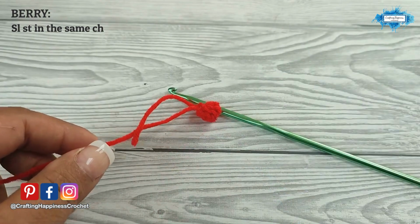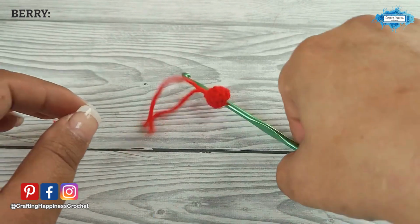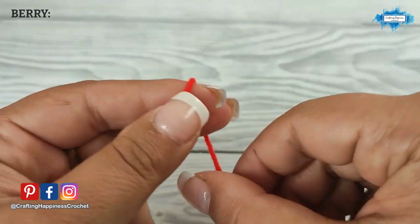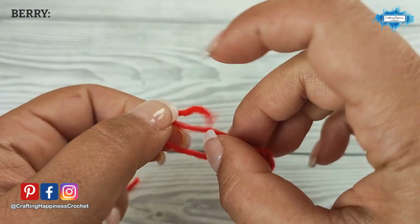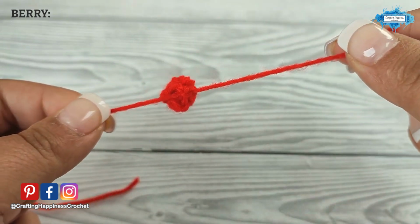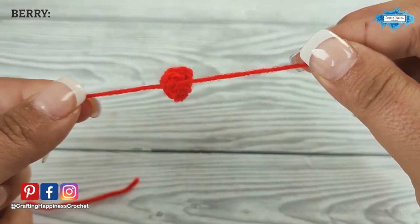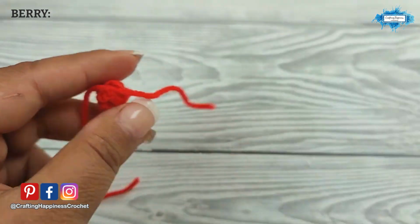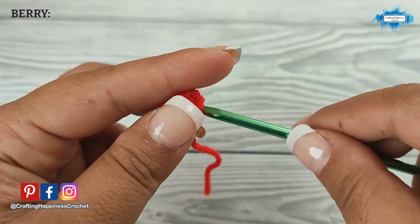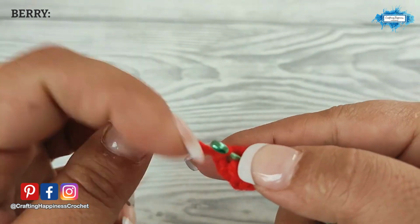And now all you have to do is cut the yarn. You don't need a long tail, and then pull through, and we use these 2 tails to make a knot, not very tight, don't make it too tight, make a double knot, and then just use your hook to pull the yarn inside, at least some of it, just to hide the tails. So pull it in